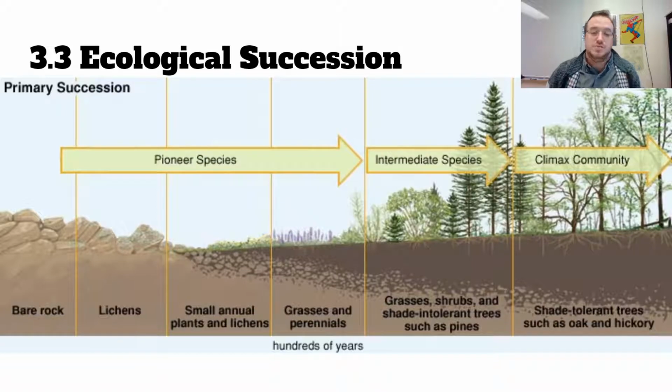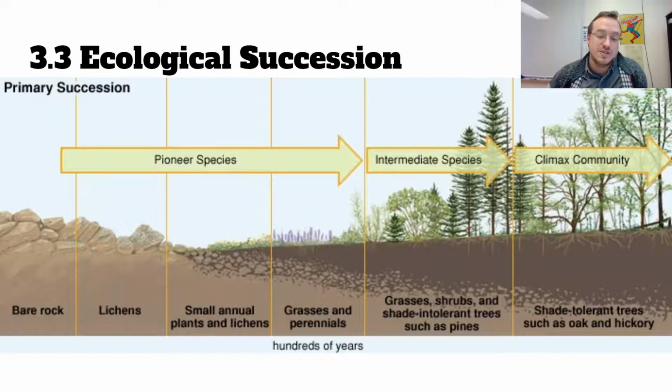Right, they're actually able to process the minerals off of rocks and break them up, and through erosion and weathering, we're able to have a little bit of dirt. That dirt then can hold small plants and lichens as well. So we're talking about ferns and very, very small plants. Like most of them aren't going to be flowering, but some could be.